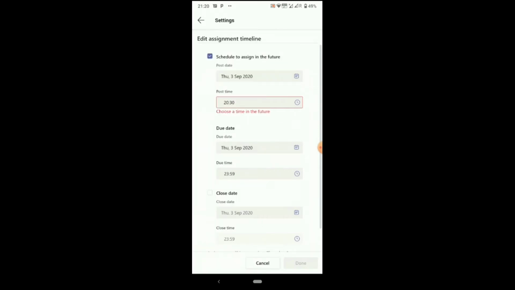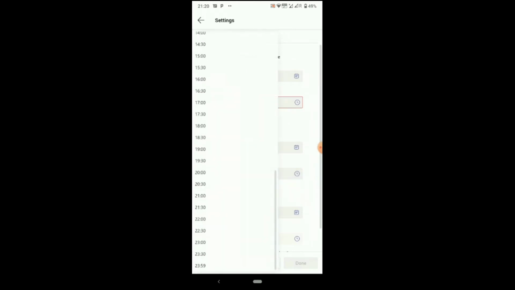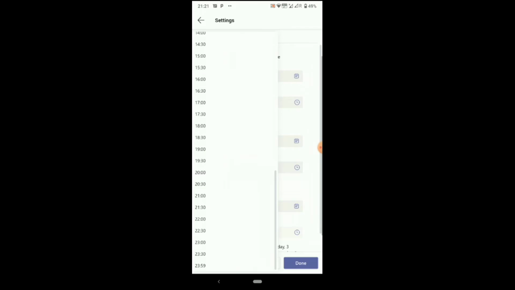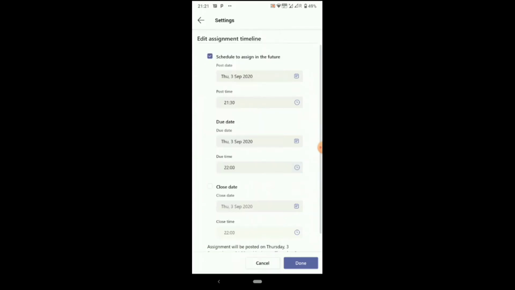So I'm going to give the post time 9:30, and the due date should be the same. The due time is 10, and the close date will be the same.